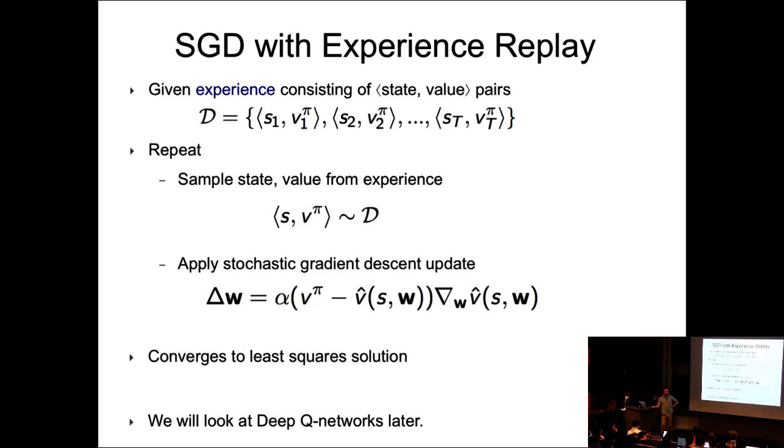So, okay, and then later on in class, we're going to look at the deep Q networks. In deep Q networks, you can think of parameterizing this value function as a deep neural network, as a deep convolutional neural network. And then we're going to be figuring out how to change these parameters, so how to update the parameters of the network.